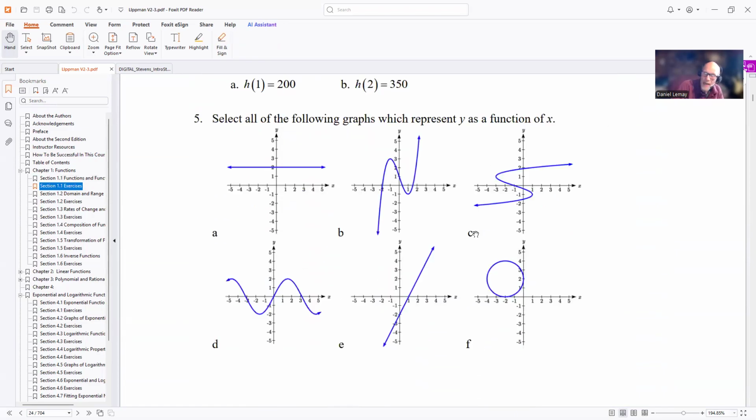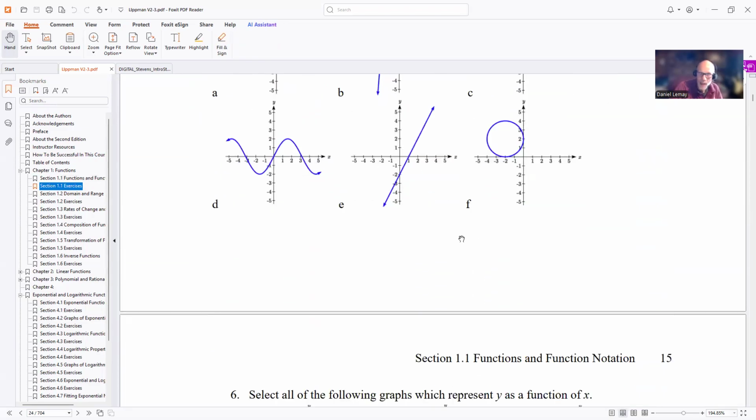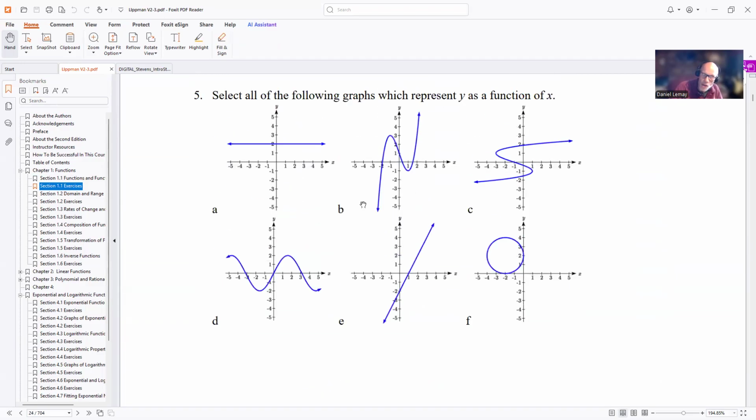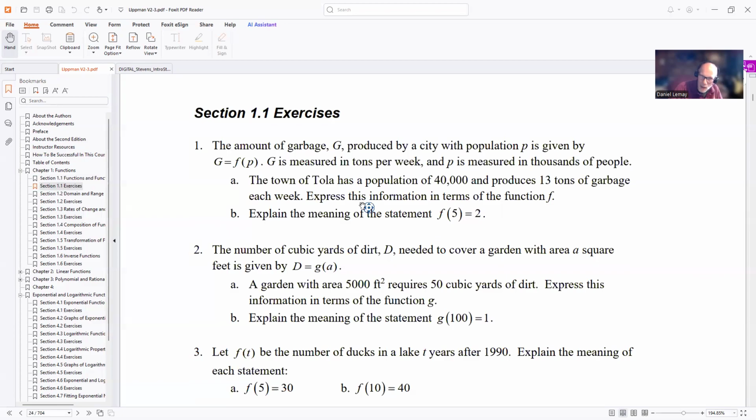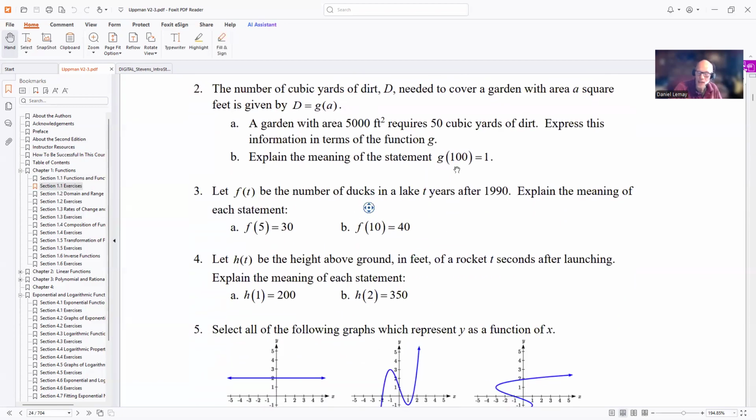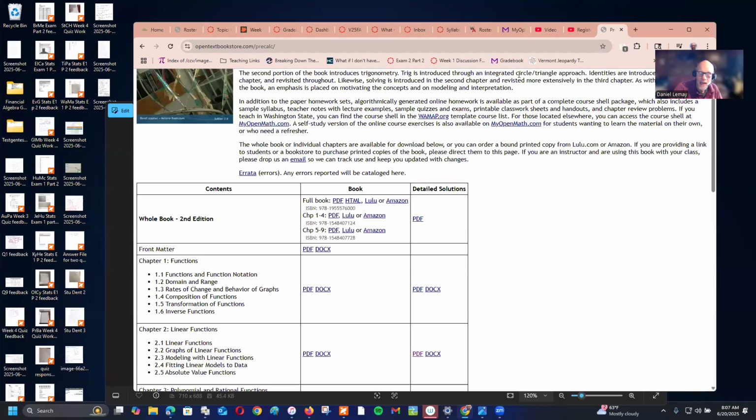Now, I don't grade any of these. You don't send me any work. But what I would encourage you to do, especially if something's giving you a hard time, is look at these odd numbered exercises because you have access to the answers. And what I have here in Canvas,